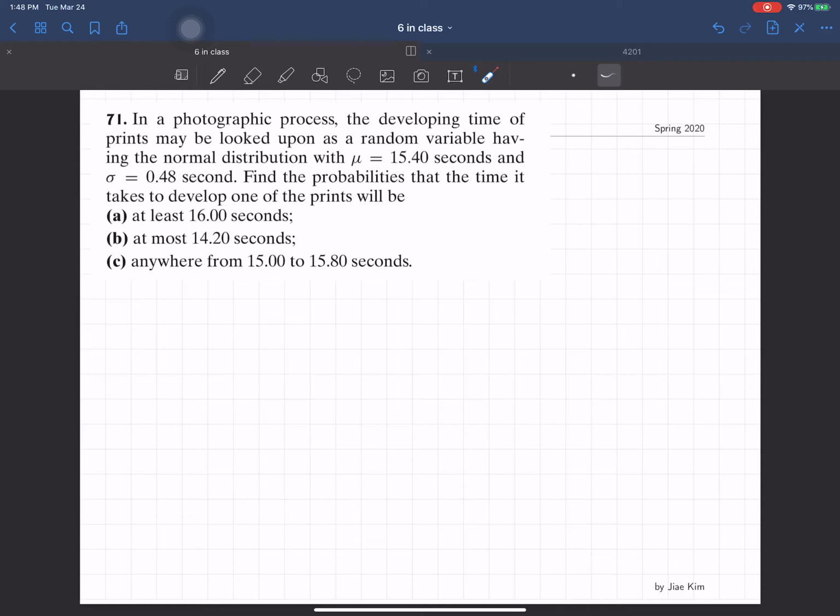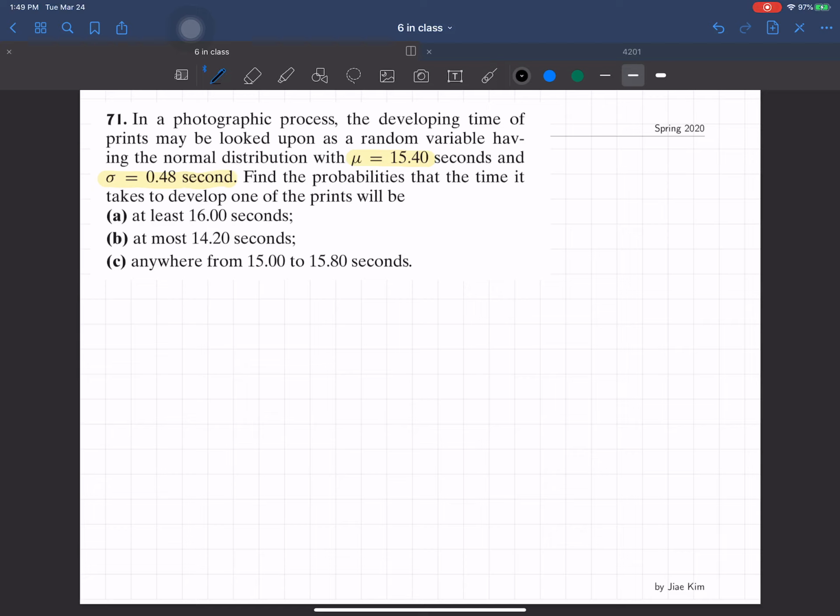Alright, so this is an example that I borrowed from our textbook. I would like to go over this example. In a photographic process, the developing time of prints may be looked upon as a random variable having a normal distribution with mean 15.4 seconds and standard deviation of 0.48 seconds. Find the probabilities that the time it takes to develop one of the prints will be at least